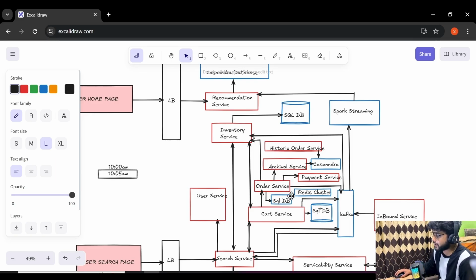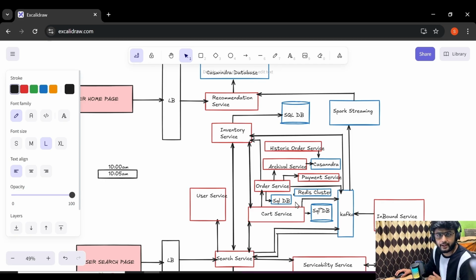Now how are we going to use this? First we need to understand what we are actually storing in this SQL database. As we discussed, we will be storing order ID, order creation time, user's address, basically information related to the user, and we will also be storing different statuses of the order.